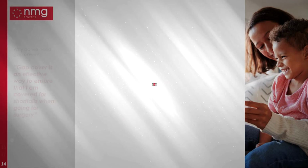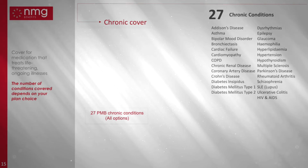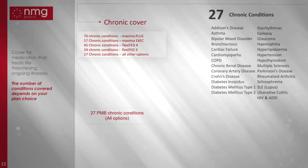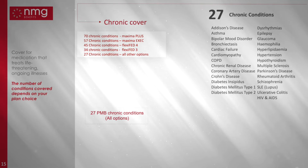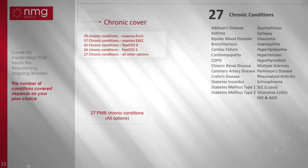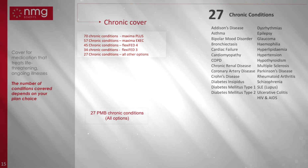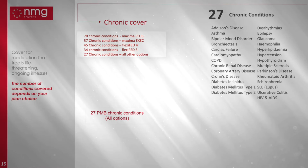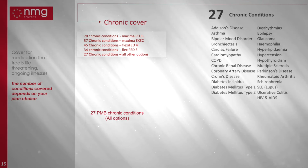Let's move on to your chronic cover. All plans cover for medication relating to 27 chronic conditions which are paid from risk. Certain plans have an additional list of chronic conditions that will be covered, so it is important to understand this before you consider a plan change. By way of example, higher costing plans include cover for certain mental illnesses such as depression. A plan downgrade will result in the member having to pay for this medication from day-to-day benefits instead of the